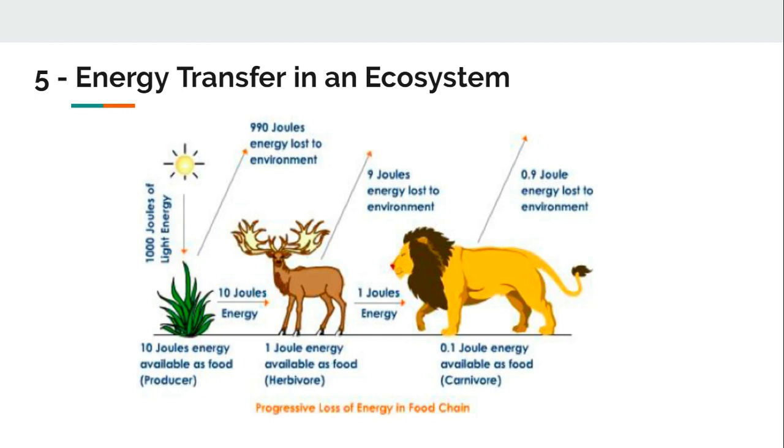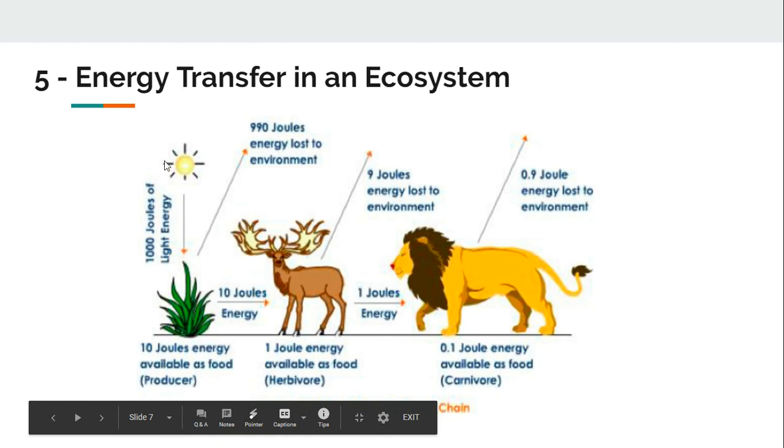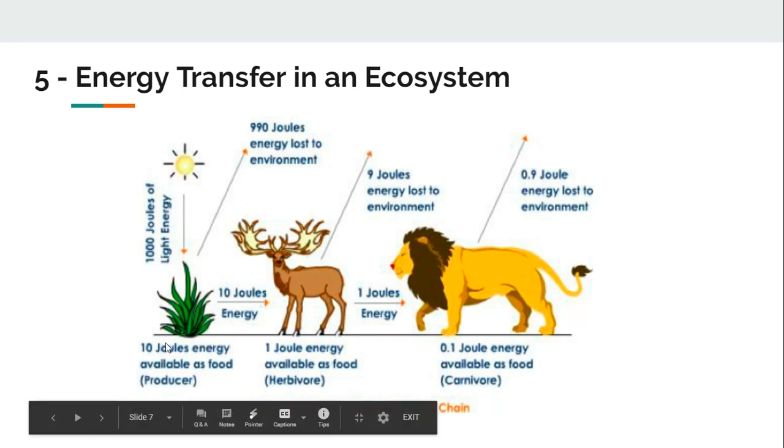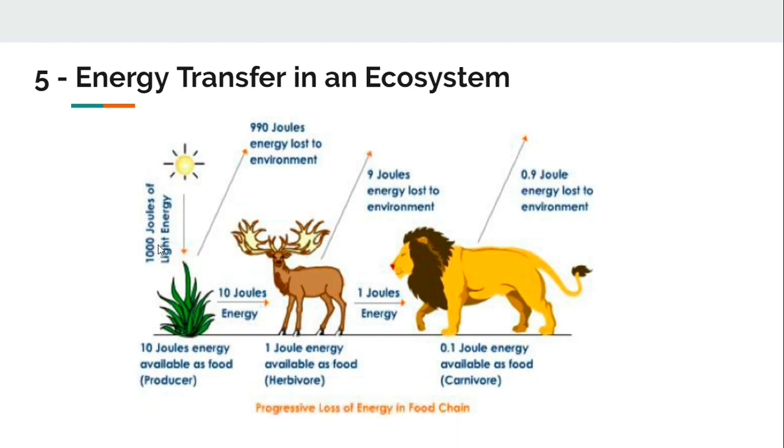Okay, so for this picture that we have on the screen, we can see that everything starts with the sun. The sun is what is providing the energy for everything on Earth. So if the sun is going to provide energy, it can go into the plants. The plants can use photosynthesis to make food for themselves. So here we're starting out, the sun is providing 1,000 joules of energy, and that's going to go into the